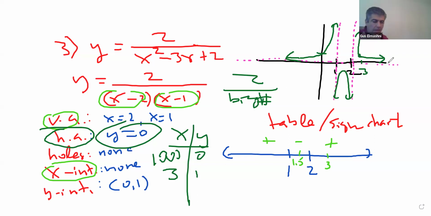Let's try another one. I think when we do more of these, this will sink in a little better. Okay. Yeah, number 4. Let's see number 4. What's the equation? Y equals